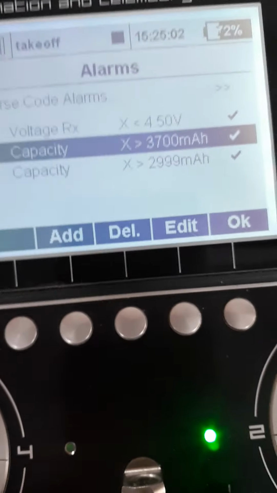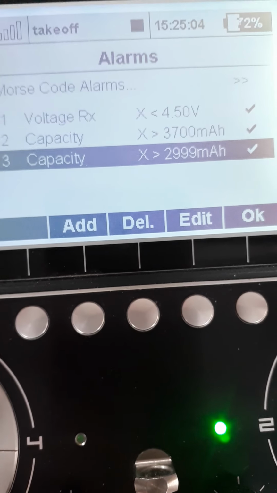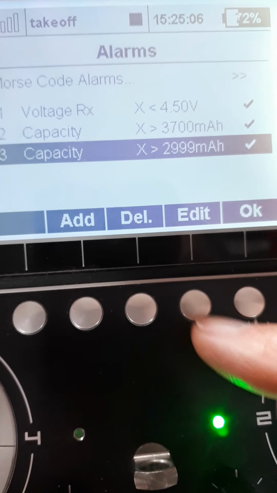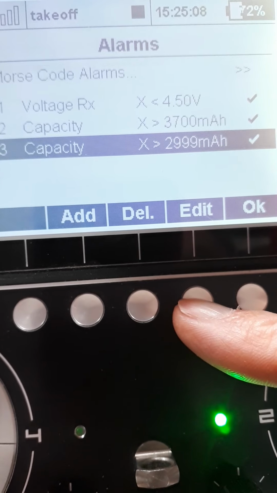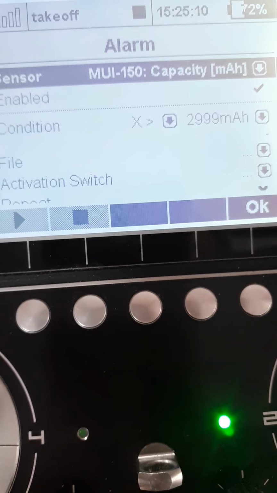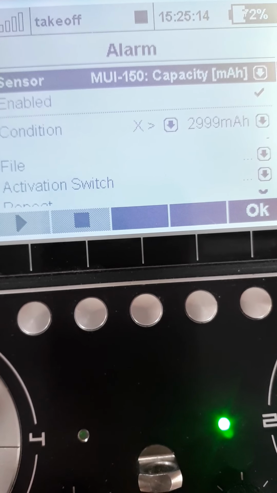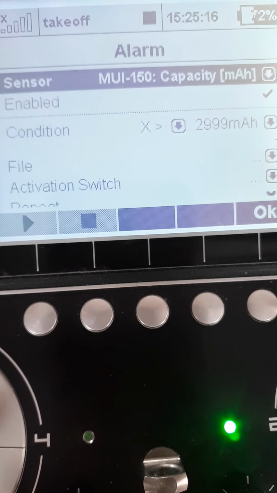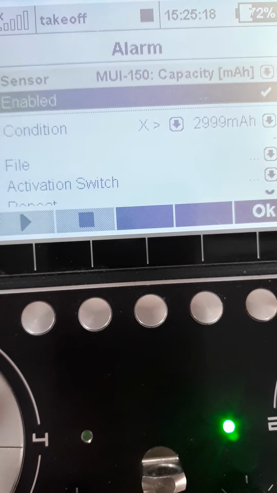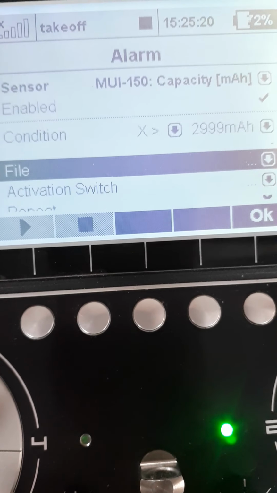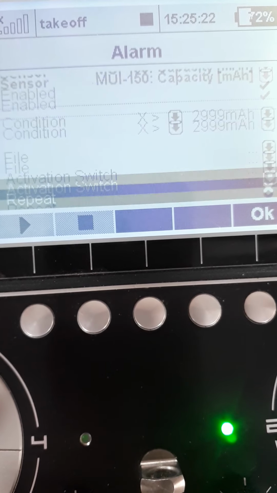I have another warning set up, basically when X is greater than 2999, in other words when it gets to 3000 milliamp hours. It's just a sort of pre-warning for me that we're getting well on with the flight. Notice this time that there is no file for it to speak. It's because if we go further down,